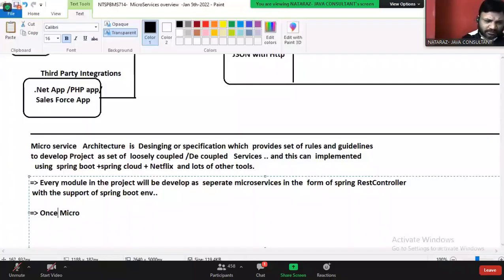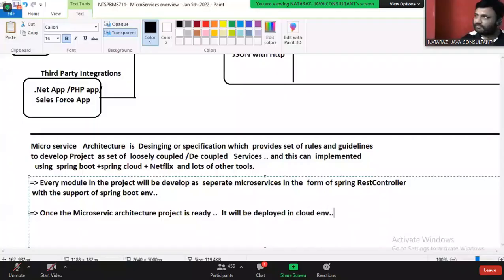Once the microservice architecture project is ready, okay, it will be deployed in cloud environment.